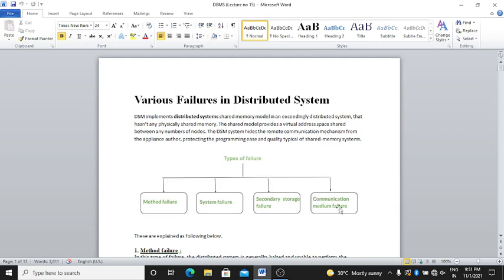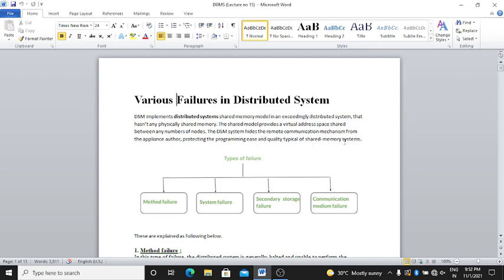In today's lecture, we have to cover the various features in distributed system. Database management implements a distributed shared memory model in a distributed system that has no physically shared memory. The shared model provides a virtual address space shared between any number of nodes. The DSM system hides the remote communication mechanisms from the application author, keeping the programming easy and the quality typical